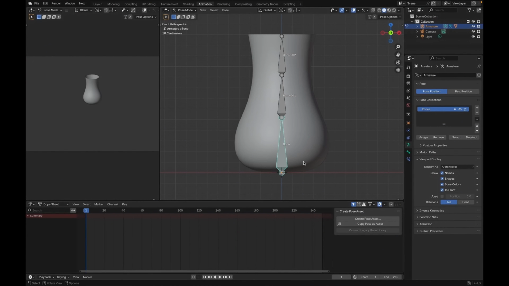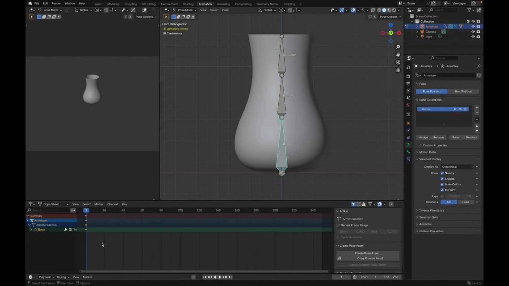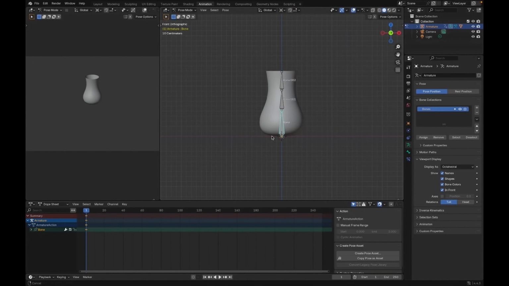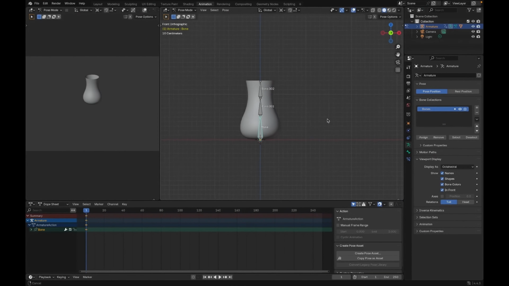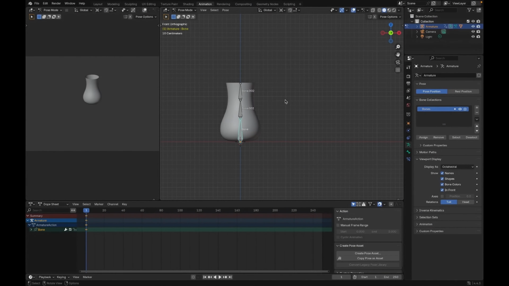So I'm going to start in this initial position, and I'm going to hit I to insert a keyframe. And you'll see not only did it create a keyframe for that bone, but it created this action. Actions are reusable in the nonlinear animation editor. So we've keyed this here, and now let's just middle mouse button control, click and drag, now shift and middle mouse button and click and drag. So let's move ahead in time,